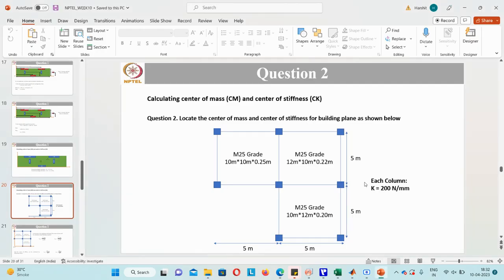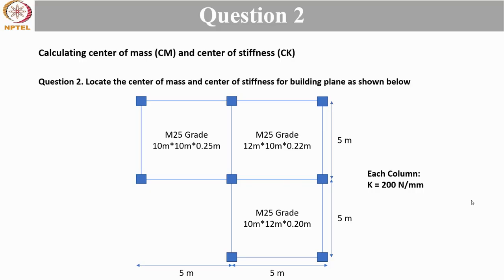Okay, so let's see the solution now. We have been given a frame structure. The position of the columns we know, and the stiffness of the columns we know, and there are three square slabs whose dimensions we know, and the grade of concrete used for making it we know. So we need to locate the center of mass and center of stiffness for this building